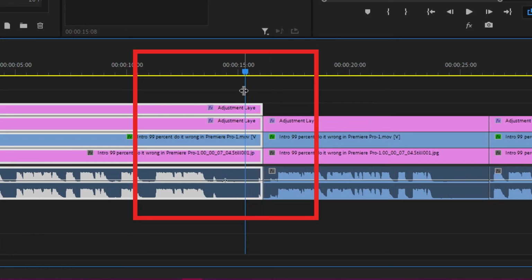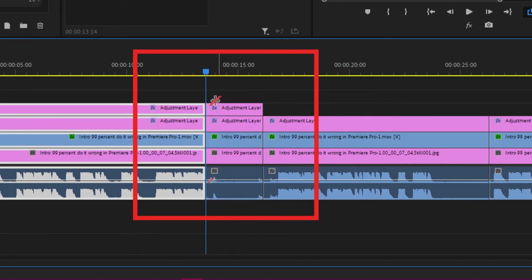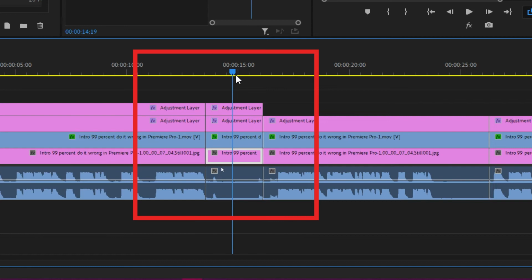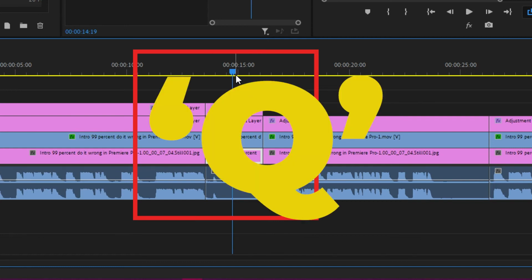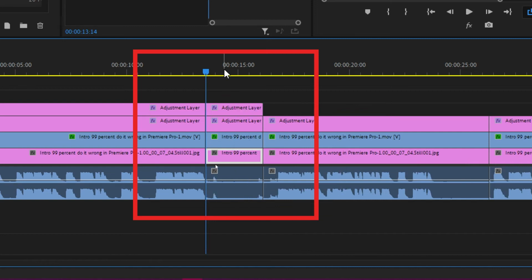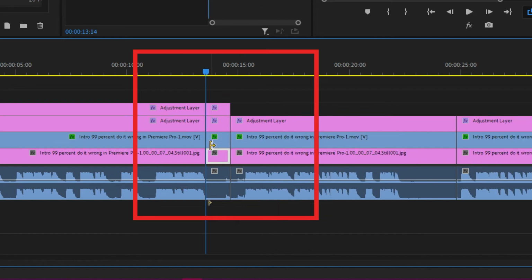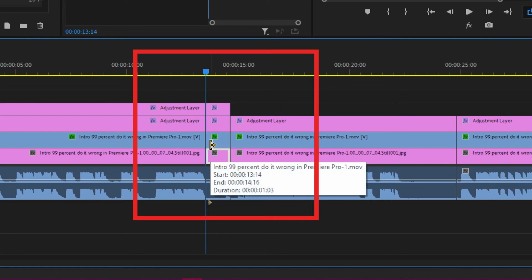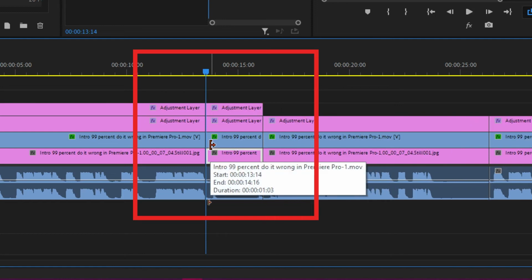So suppose I want to remove this part only, from this to this. I will just come over here, make an edit point by pressing X and come over here, and then I would press Q on my keyboard, and that's going to remove that part. You can see that's going to remove all the parts from the edit point, alright, in the backward direction. And similarly you can do this